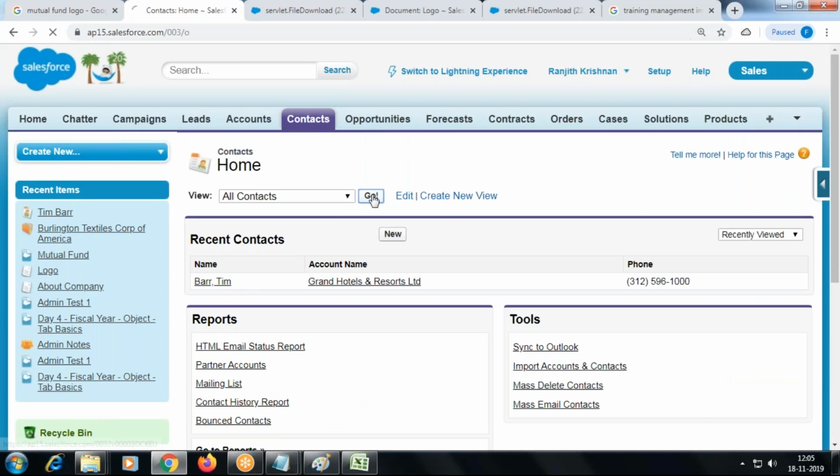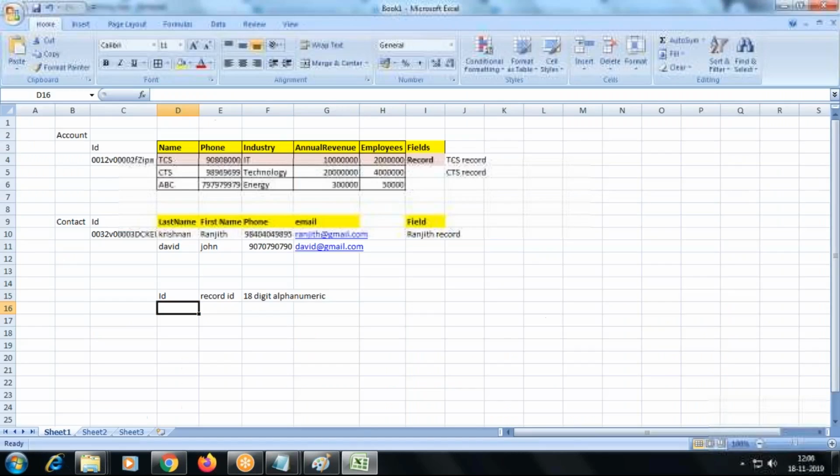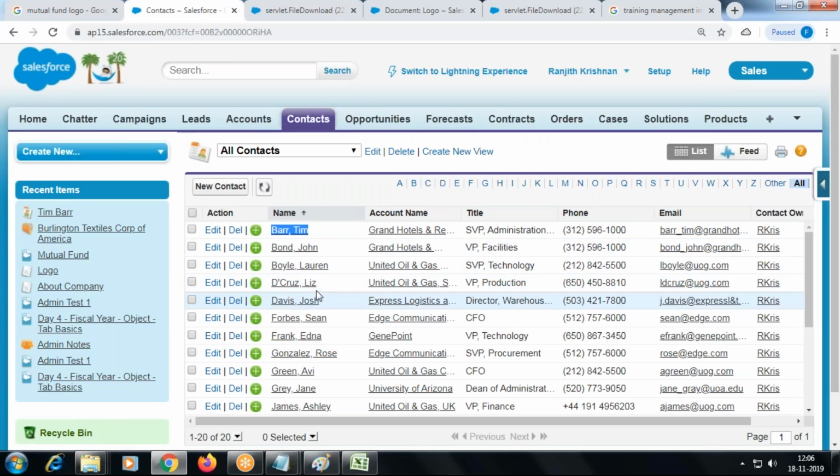Yes, organization ID is to tell you that you belong to one org. Within that org, we have multiple tables. We are just talking about the contact table now. I went to the team bar. So here I'm just seeing a person. So he belongs to a record ID, and I'm going to see some Jose Davis.